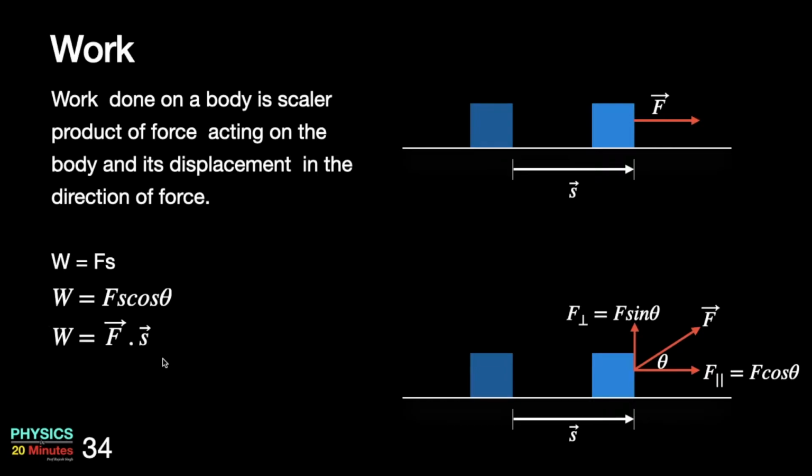This expression, which is a scalar product of two vectors, gives me the general definition of work as we use in physics. Work is a dot product or a scalar product of force vector and the displacement vector. Do remember, even though the force and displacement both are vector quantities, work itself is a scalar quantity. Work can be positive, it can be negative, it can be zero.